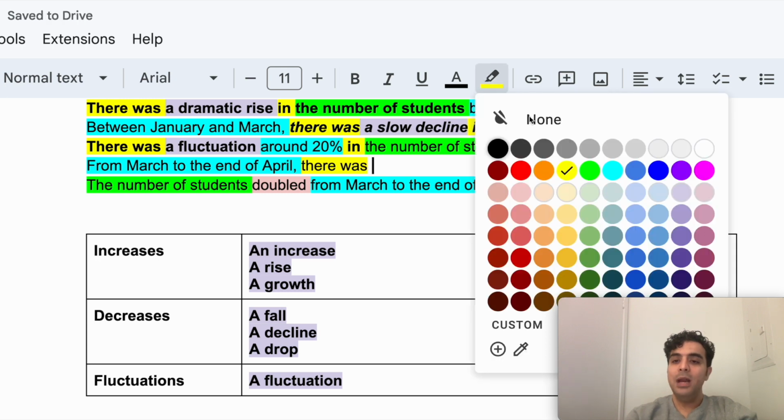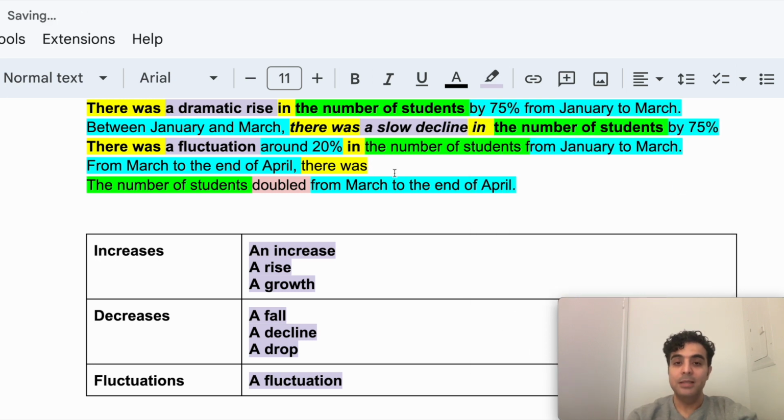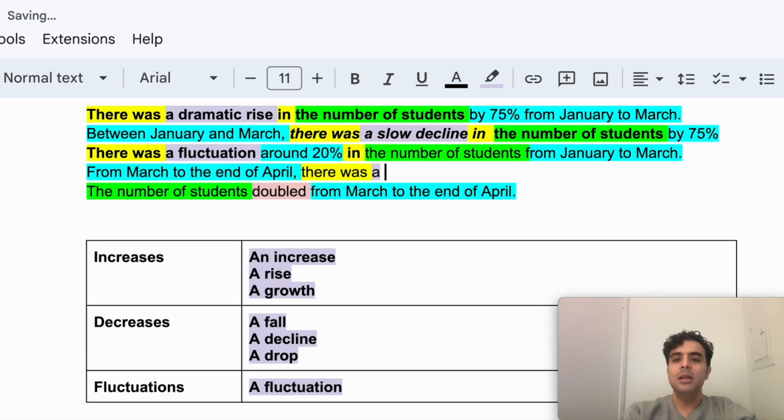Now, we had a proportional change last time, so we said it doubled, right? So here, instead of double, I could perhaps say something like a dramatic rise or a dramatic growth. Notice when I say a dramatic growth, it does not necessarily indicate that it was doubled, but when something doubles, it's considered a great increase, right? So it's doubled, essentially. So we could call it a dramatic growth because the structure that we have for noun